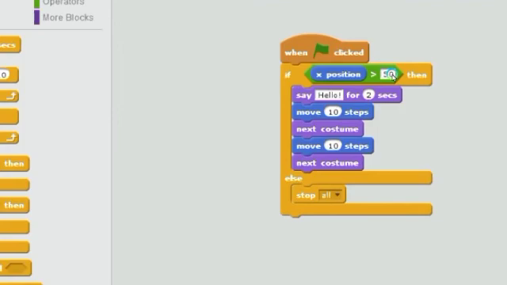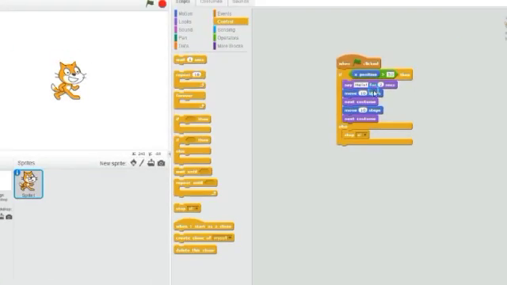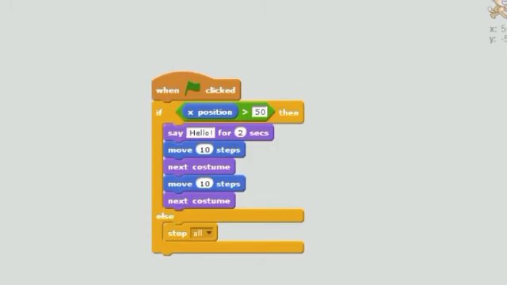Now I will run this and I will show you its result. X, Y value always we have to set. Now see.